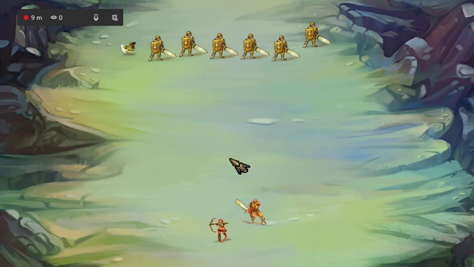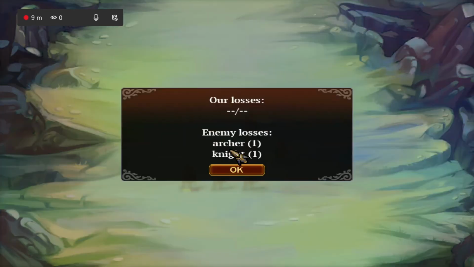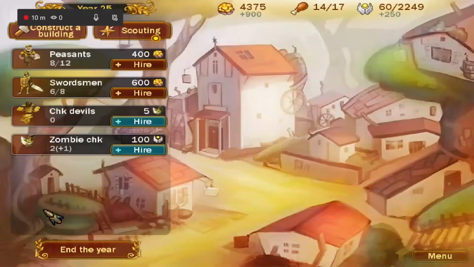Maybe after this one? It'll be after this one. Yeah, so after this one we will get the 5th and final faith. There we go. So 5th faith right there. So yeah, there we go, year 25. So it's year 25, so halfway, and we've got all 5 faiths of that